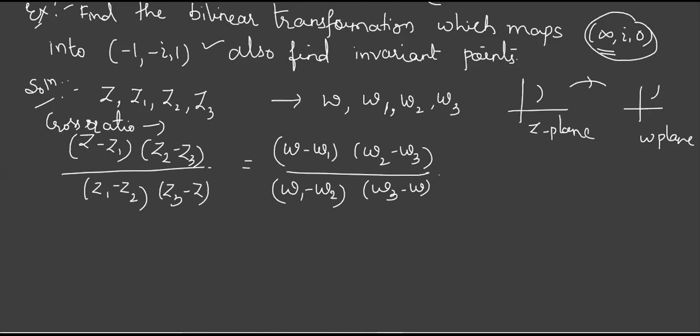After this, what we have to do is just see the given points. So this is corresponding to the Z values. Now we have to substitute. We have to keep Z and W as they are. Only Z1 to Z3 and W1 to W3 we have to substitute. Before substitution, you have to check whether any point is infinity, because if I write any point as infinity and substitute, that quantity becomes infinity and you will not get any transformation. Tell me, is any point given as infinity?